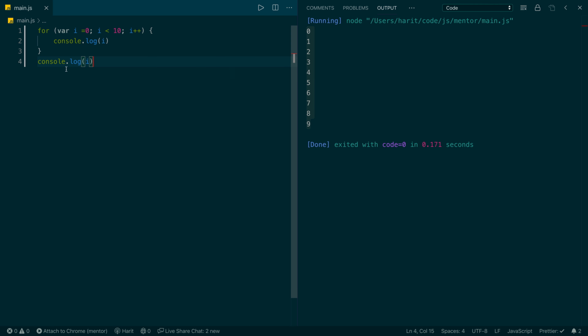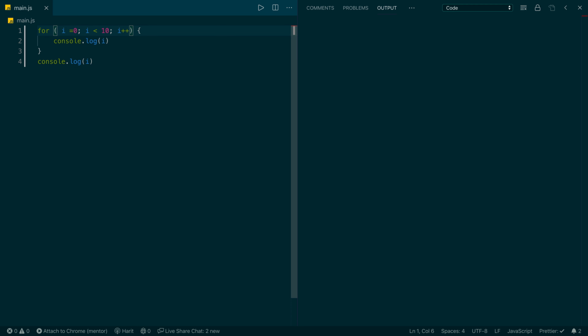So as you see, I'm trying to print the value of i after the for loop has executed. And when we run it, you see a value of 10, which means even though we wanted the value of i to be used only inside the for loop, the variable was created in the global scope, and that's the reason we were able to get the value of i even outside of the for loop. Now, this may not be desirable. So what should you do?